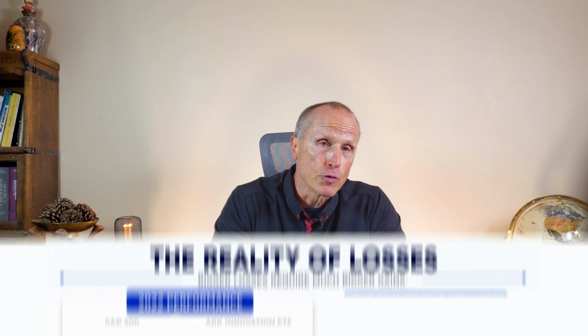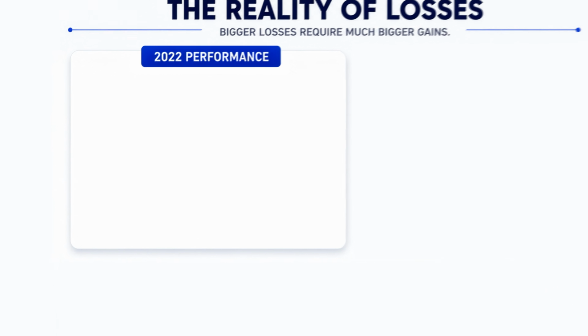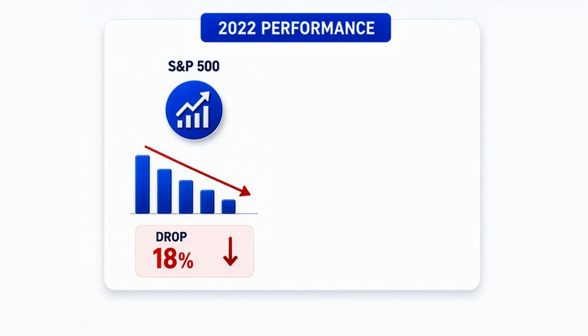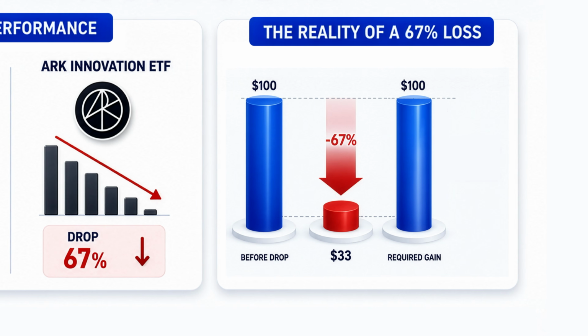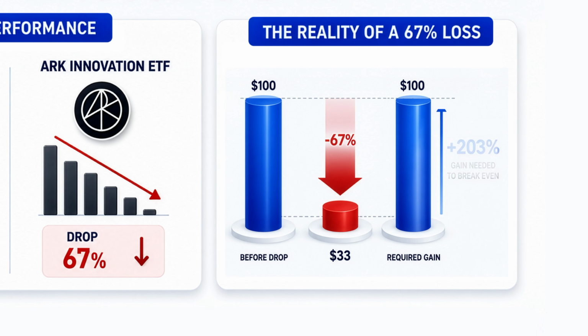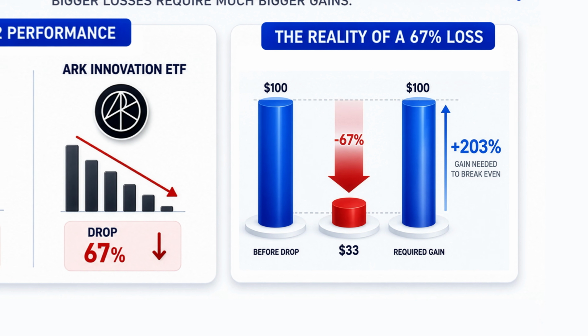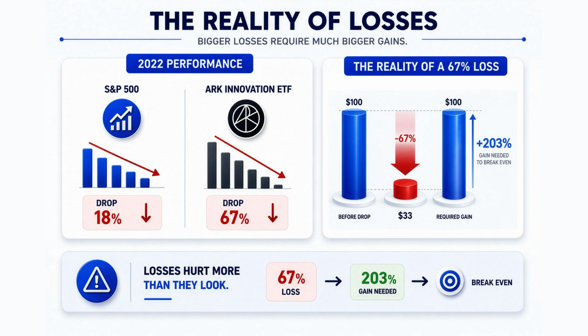In 2022, the S&P 500 dropped 18%, but the ARK Innovation ETF dropped about 67%. If an investment falls 67%, it needs a 203% gain just to break even. Most investors never hear that, and it helps explain why so many returns look good on paper, but they disappoint in real life. The financial industry often explains performance using a simple average, or by pointing out big cumulative returns,